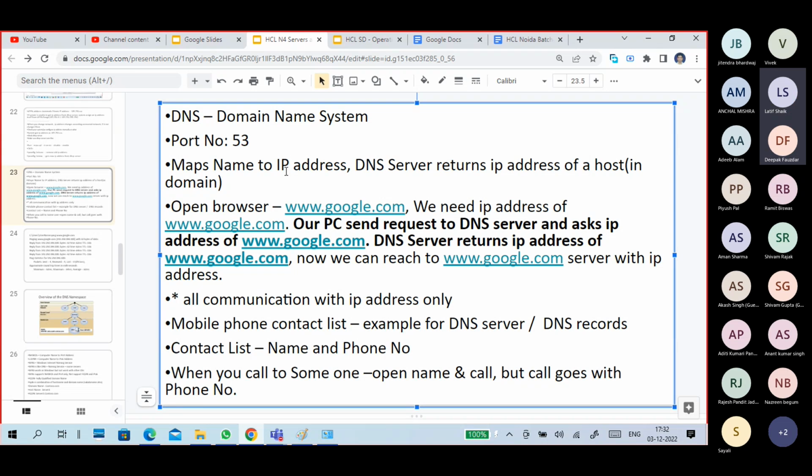Having an IP address. For example, I want to communicate with mail.google.com. That server has an IP address. I want to access www.google.com. That server has an IP address. devocs.google.com is another server, and it has an IP address. Now I want to communicate with things like www.google.com, facebook.com, youtube.com, but I don't know their IP